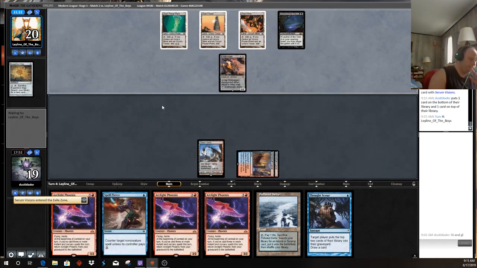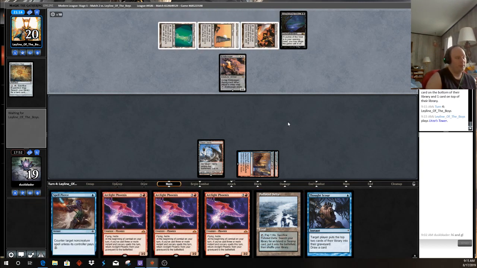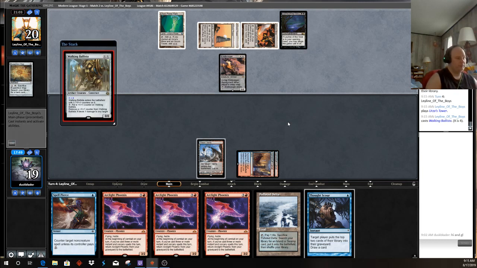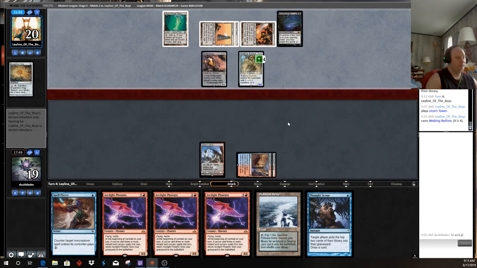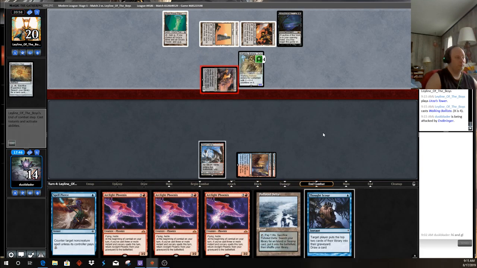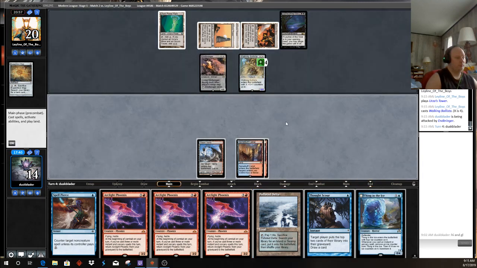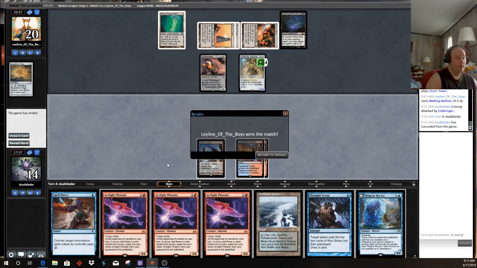Probably too late to the party, but maybe they don't have an answer. Walking Ballista. Yeah, with them having an answer to Thing in the Ice, we pretty much have no hope of winning this game, but it's really hard to beat the...